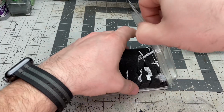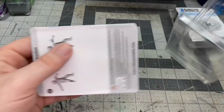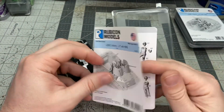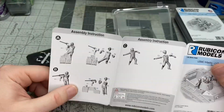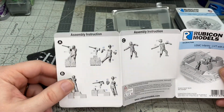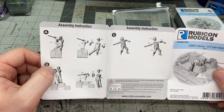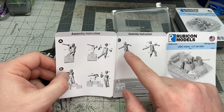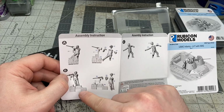So we can see our contents here. And they do actually include a little instruction sheet in here, which is pretty neat. It tells you what contents you get, and then gives you some assembly instructions. So in this one, we do have 3 figures, 2 of them manning the heavy machine guns, and then we do have a 3rd figure throwing a grenade. I believe these ones do all come with the life vest, which is a neat little touch. And then it comes with the